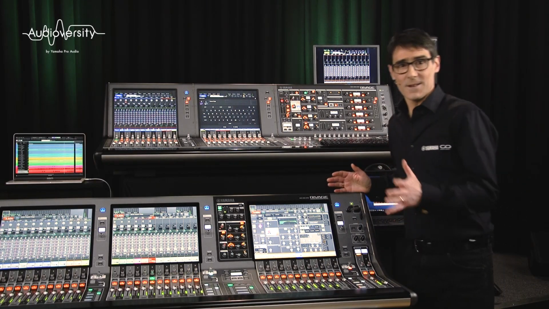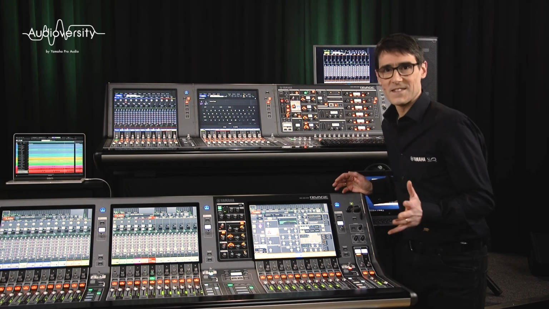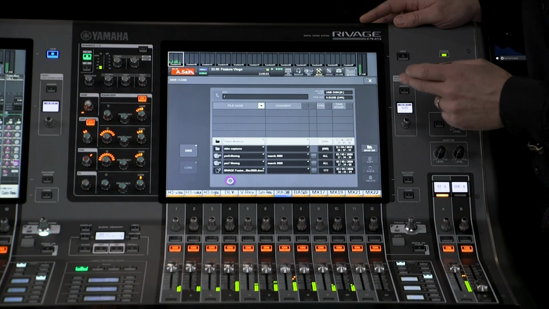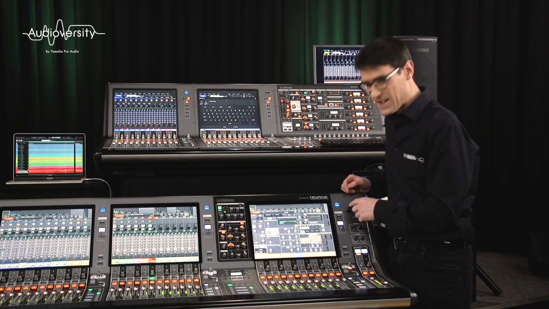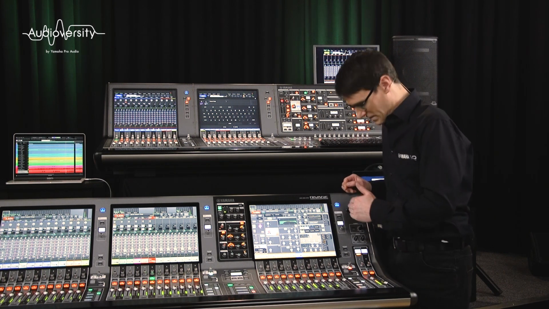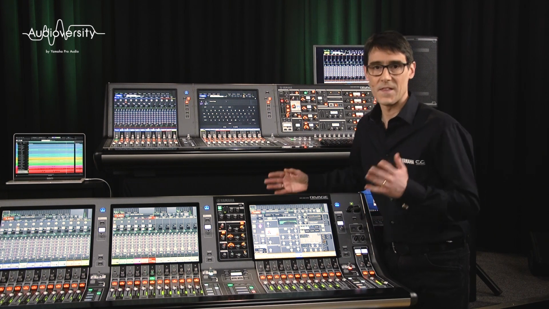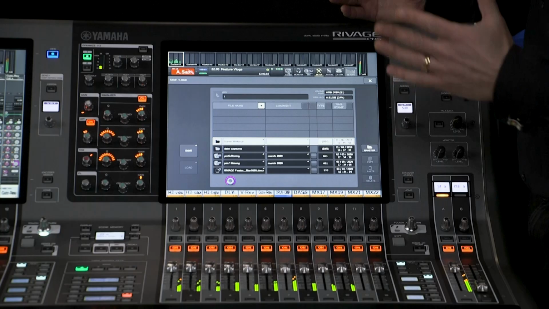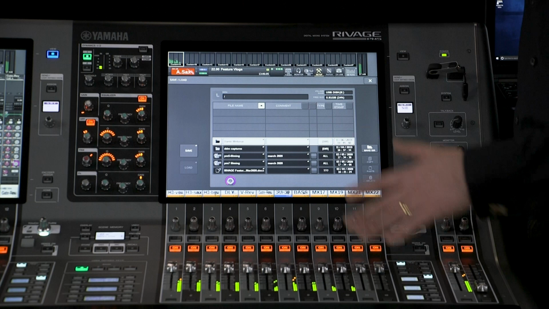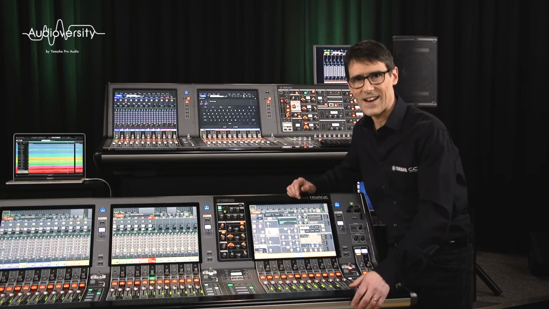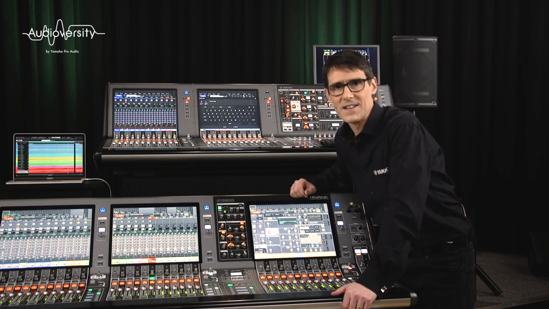Talking of scenes, to back up all the console memories and settings, we can use a regular USB memory, like a thumb drive. Insert it either in the front of the console on the right side, or in the rear of the console out of the way. And there's full compatibility between PM3, PM5, PM7, and PM10, according to the channel count of the connected DSP engine.